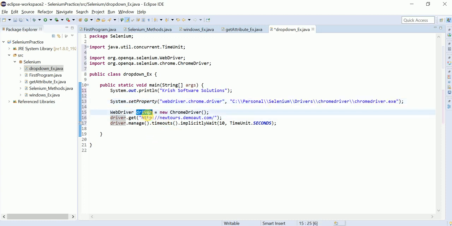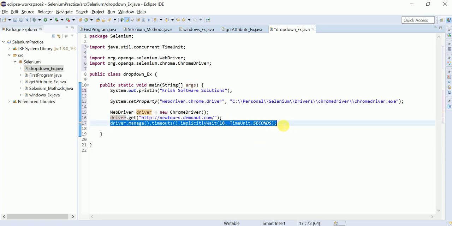As I told you, this driver holds the browser session, and you can perform all the operations on it. driver.get is going to load my URL. And this is the implicit wait. It applies to each and every element in our script. Whenever any element is not identified, it is going to wait a maximum of 10 seconds. Or whenever your page is not loaded, then also it is going to wait 10 seconds. This is how it is going to work.